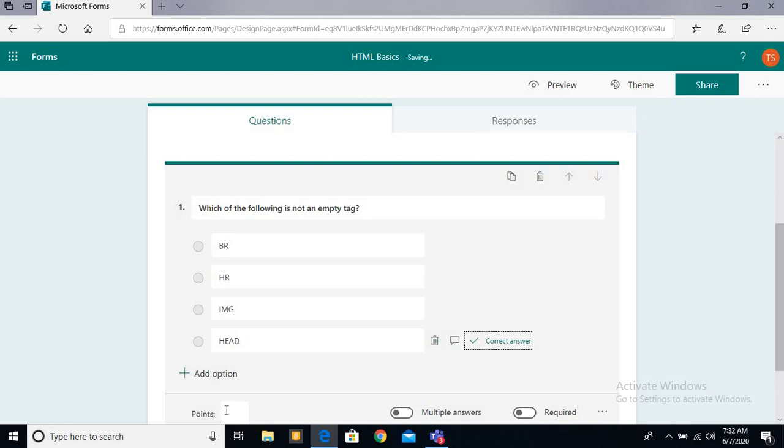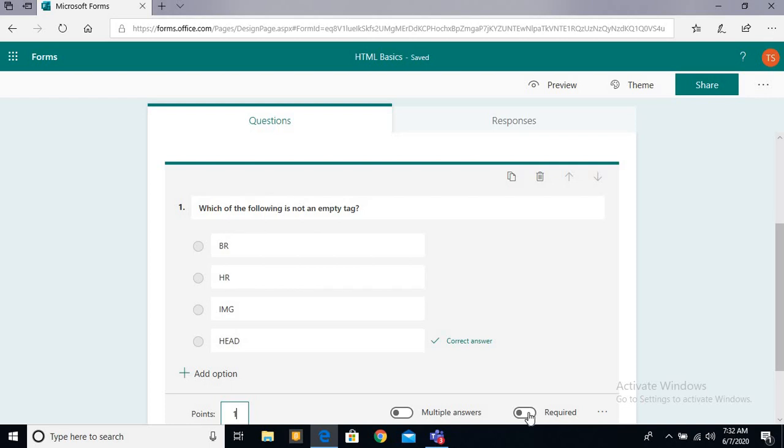Then in front of that you have to give points. How many points do you want to give for this question? So I'm going to write 1 because it's 1 point. Then if this question has multiple answers, you have to enable this option, because after that you can choose the other correct ones also. But in my question there is only one correct answer, so I'm not going to enable this.